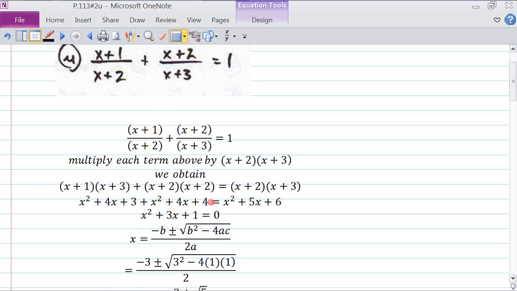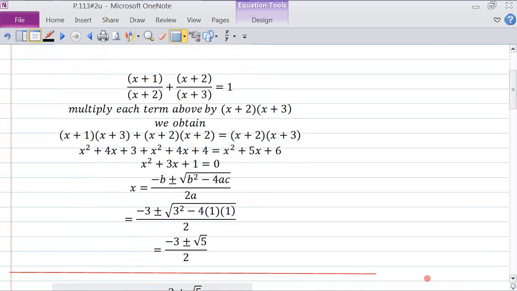Here I have 3 plus 4. I sum them to 7. Sorry, 3 plus 4 is 7. Transpose the plus 6 to the left side again. Minus 6, 7 minus 6 is plus 1. So this whole thing, if I collect the terms, reduces to this. I can't factor this. So I'm going to use the quadratic formula,